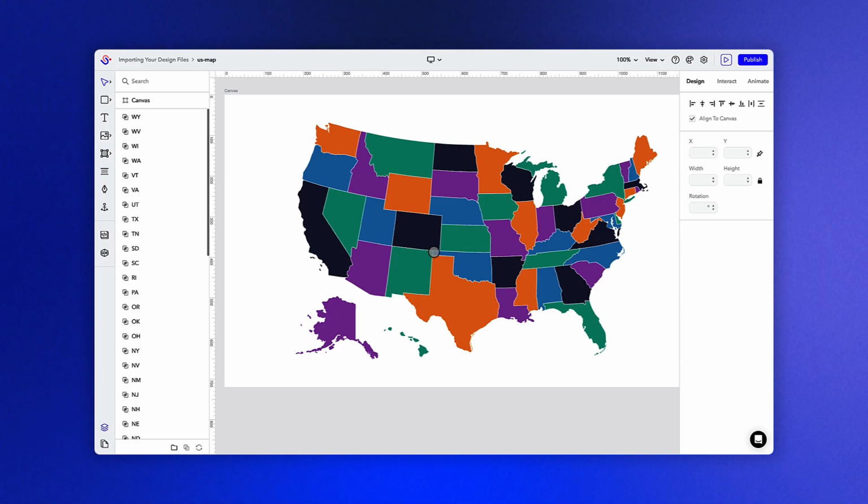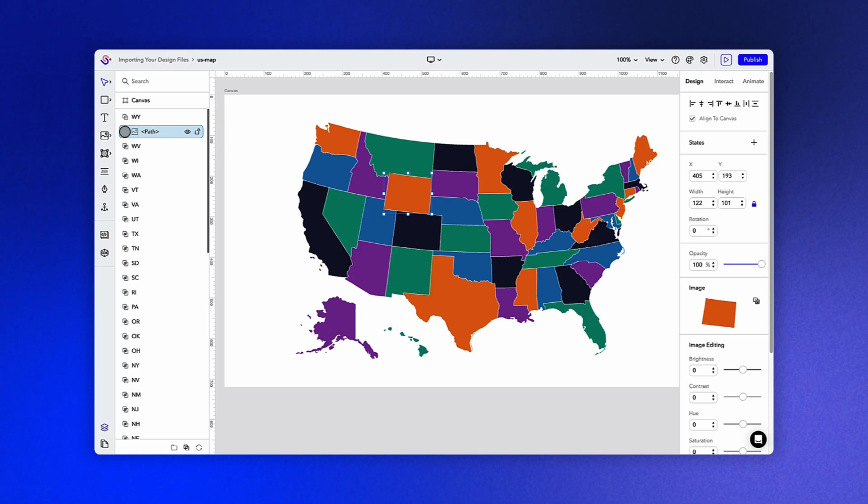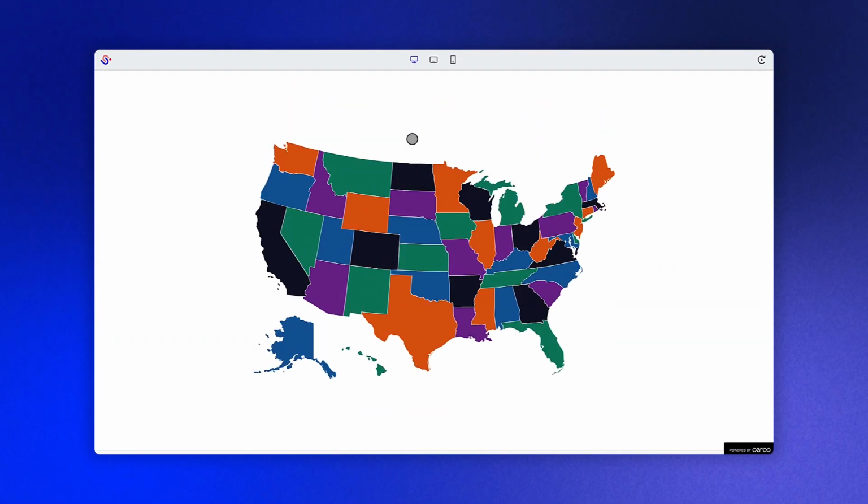As you can see, the file imported nicely, with each layer being converted into its own group in Ceros. Additionally, each vector object has been imported as a path shape to ensure you can easily make edits to these objects in Studio. Now that our experience is set up, we're free to add any animations or interactivity to our